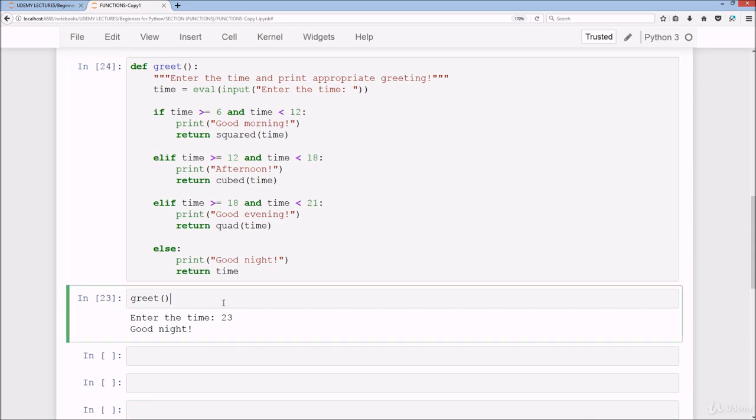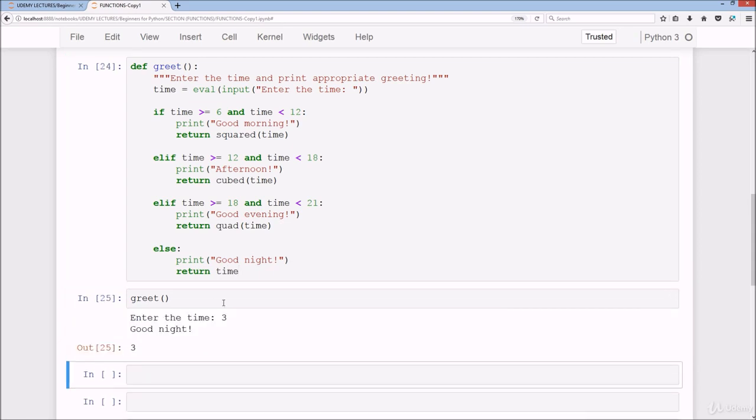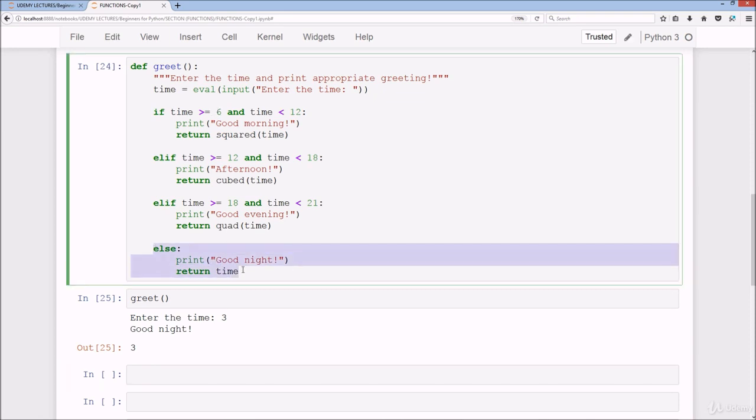Okay, now if we do 3, we get good night 3, and the reason why it's only 3 as opposed to any of the other numbers is because it's not greater than 6, it's less than 6, so it's just going to be referring to the else,